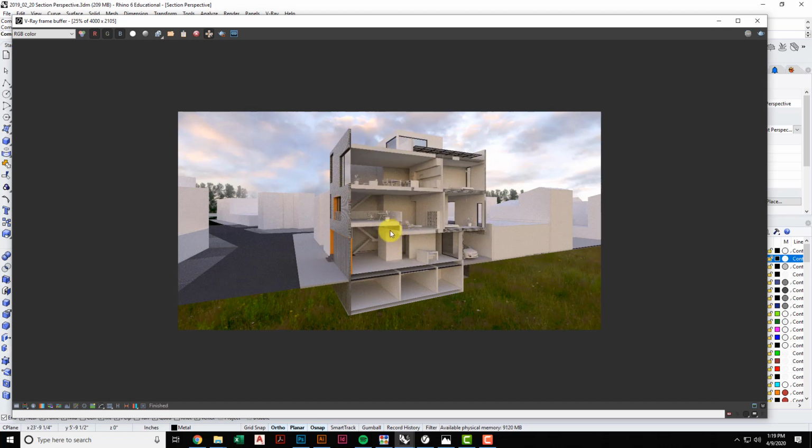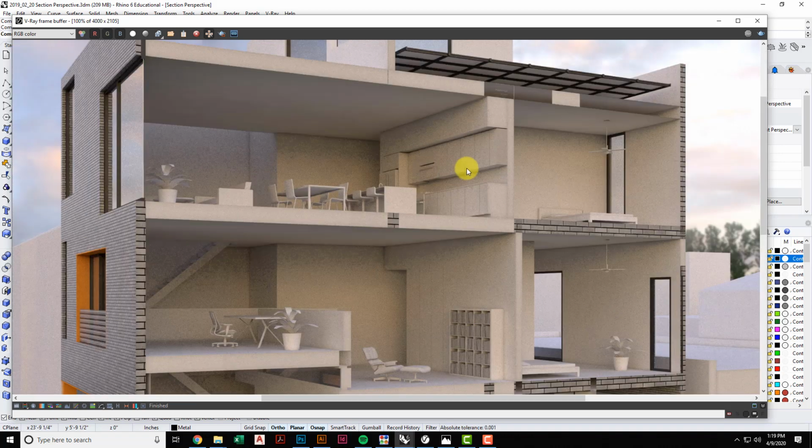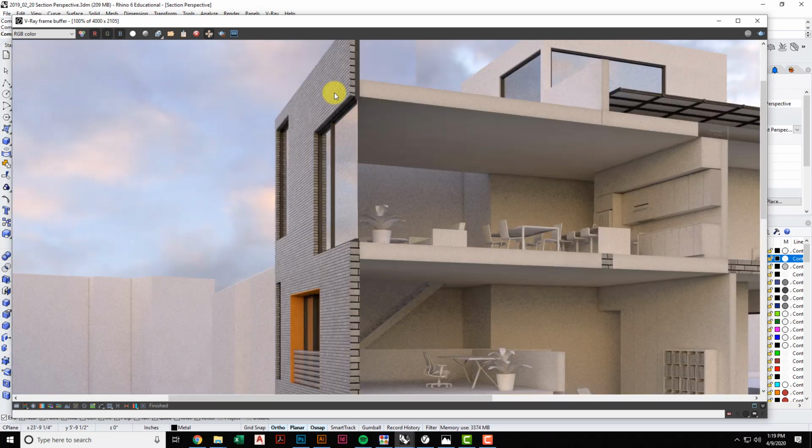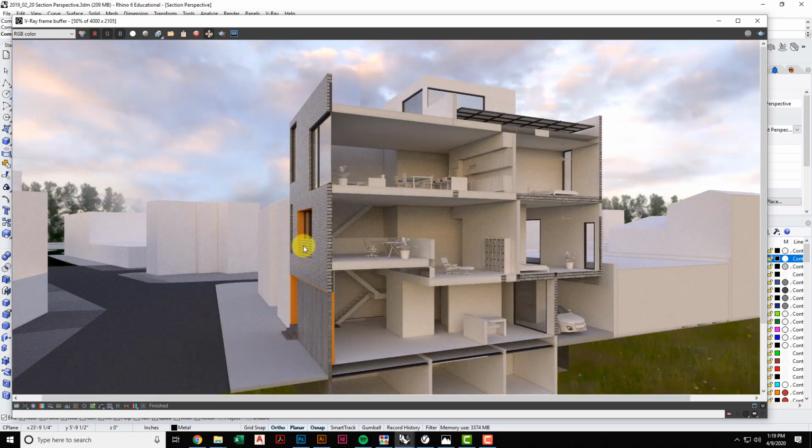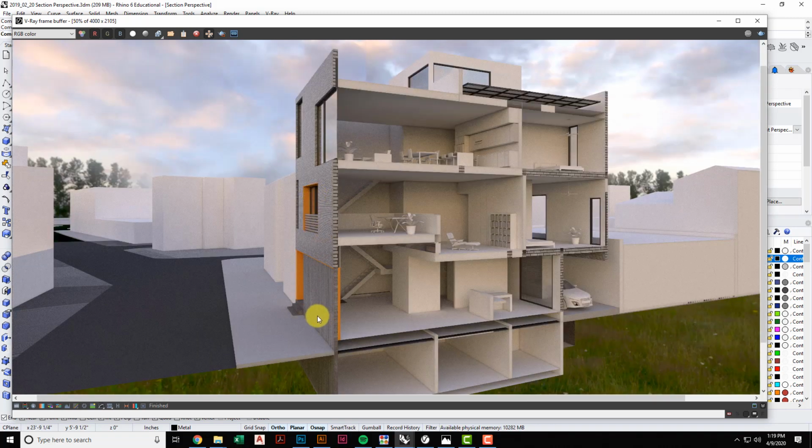All right, so now that it's finished up, we can see, again, very simple on the interior here, just kind of matte white for most everything, and then some exterior information. You can see the brick and the windows and, you know, some of this metal and board form concrete. One thing we'll notice is that the insides of the walls where the section cuts are a little bit of